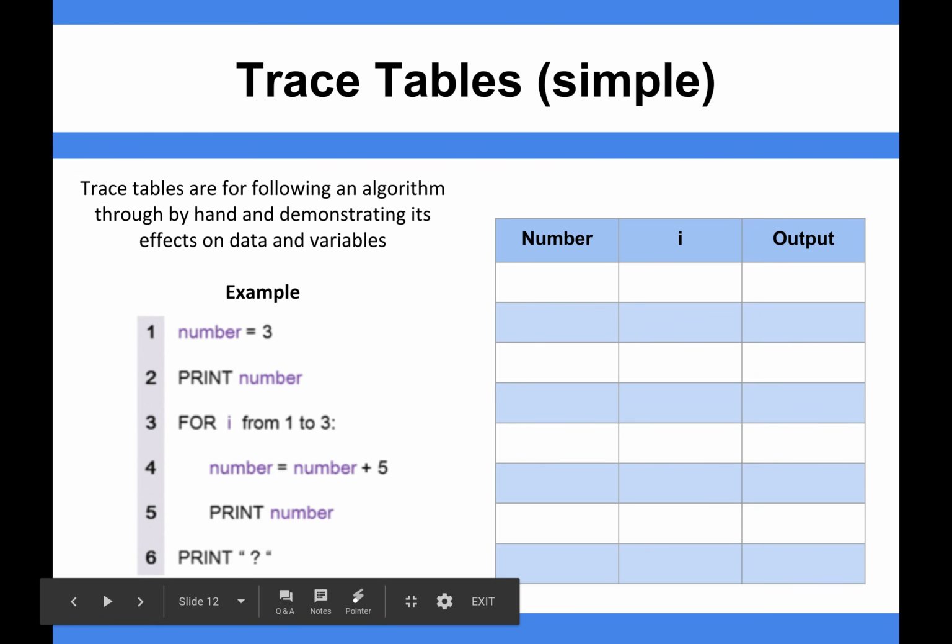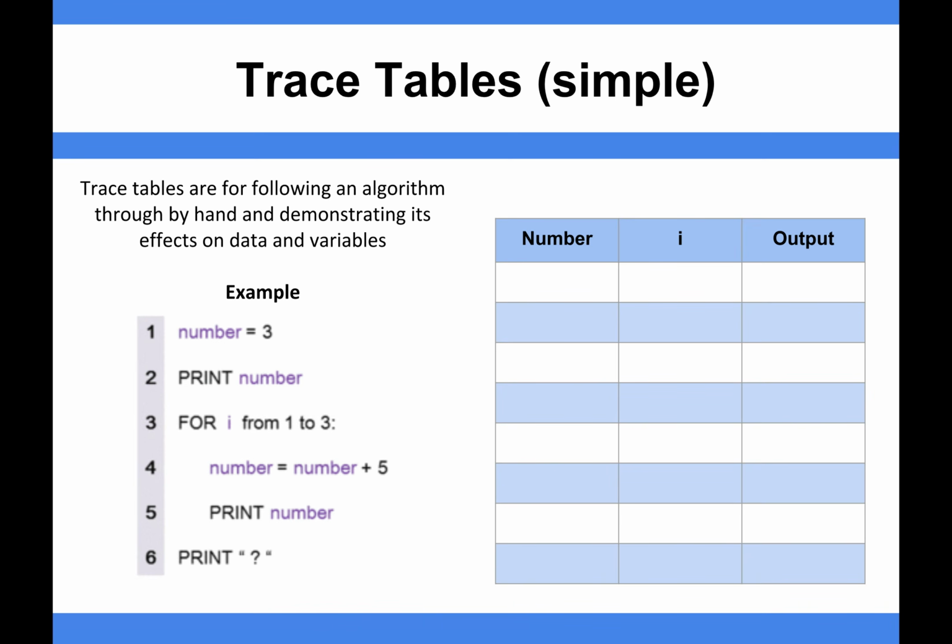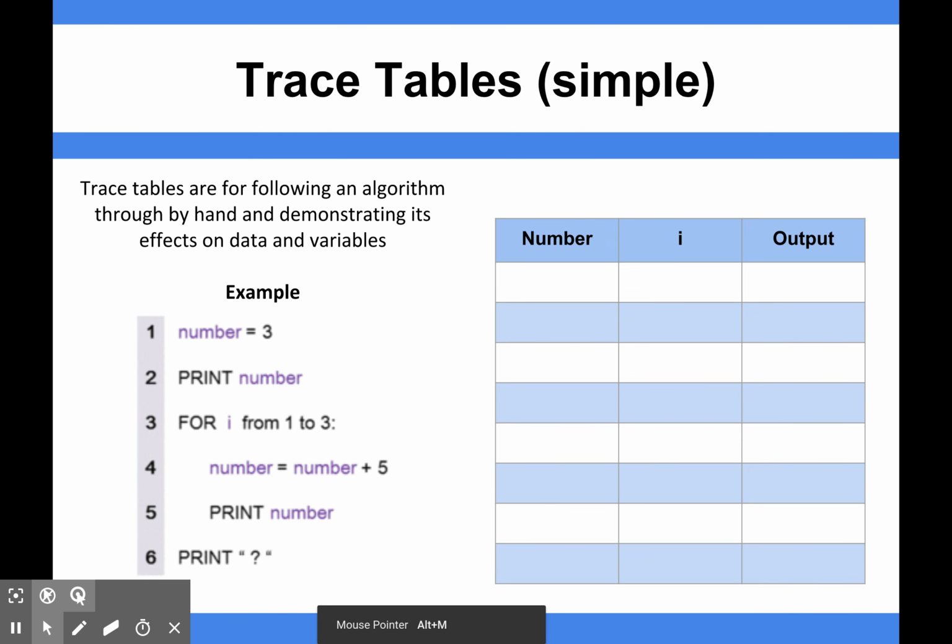So trace tables. Trace tables are a way of following an algorithm through by hand. So you're basically demonstrating any effects it has on data and variables as you go through. What we've got on the left is an algorithm here. It doesn't matter what the algorithm does, we should be able to follow it through and trace it by